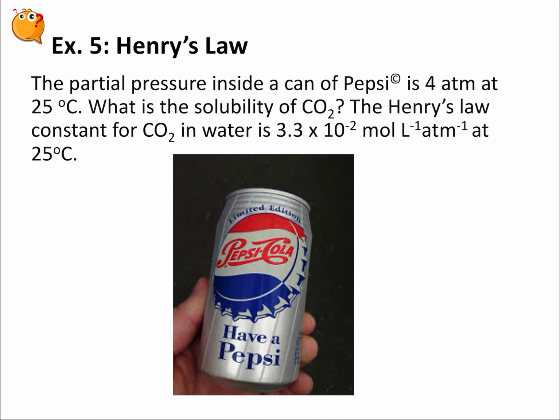So we're going to use Henry's law here. Basically, Henry's law says the solubility is kH, the Henry's law constant, times the pressure. We're told that the partial pressure inside a can of Pepsi is 4 atmospheres at 25 degrees Celsius. What's the solubility? And we know the Henry's law constant at 25 degrees Celsius, conveniently in units of atmospheres, which is great. So this is actually pretty straightforward. We say the solubility is equal to 3.3 times 10 to the minus 2 moles per liter atmosphere